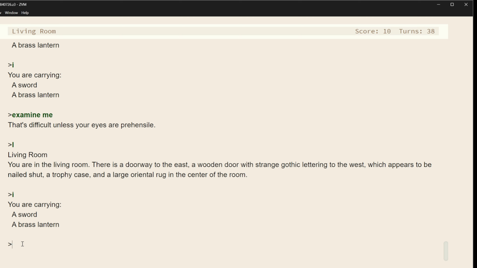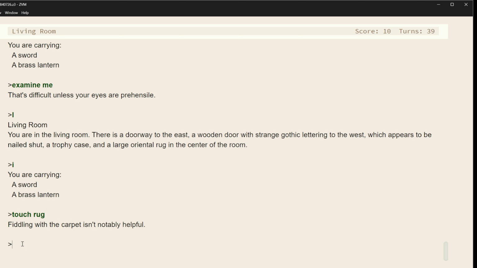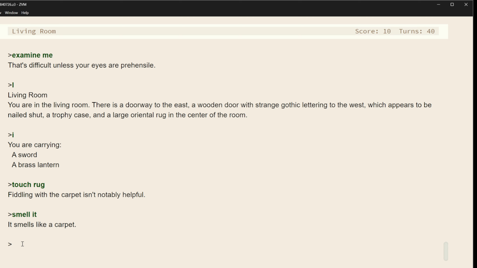Anyway, the big interesting item here, believe it or not, is the large oriental rug in the center of the room. You try to touch it, that's another action. Fiddling with the carpet isn't notably helpful. Try to smell it. Smells like a carpet. Not really getting anywhere with this, right?